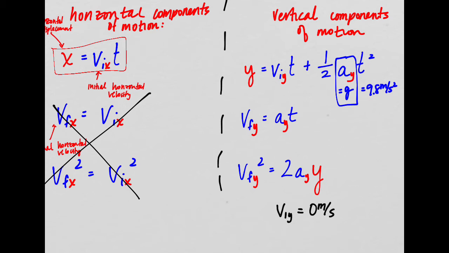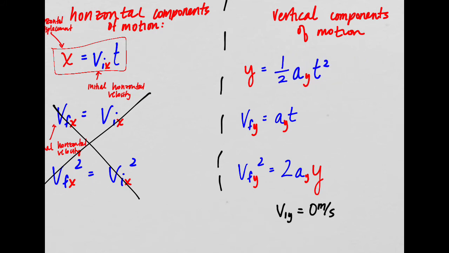And then finally, in this one, erase some of this stuff here. You get the point. We have a VIY here, so this whole term gets erased. It's equal to 0. Okay, so we have 3 different kinematic equations here